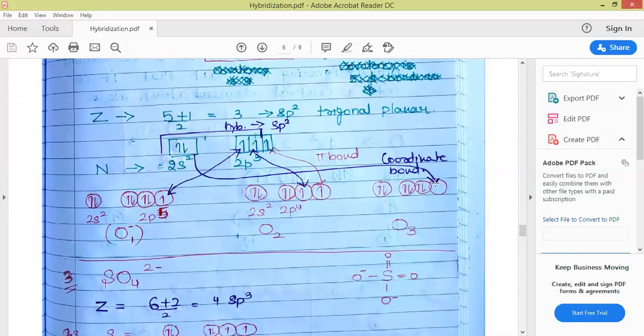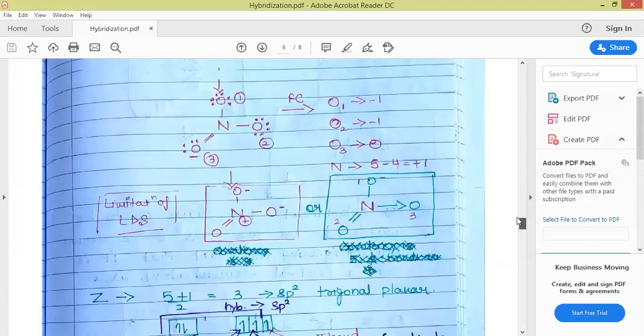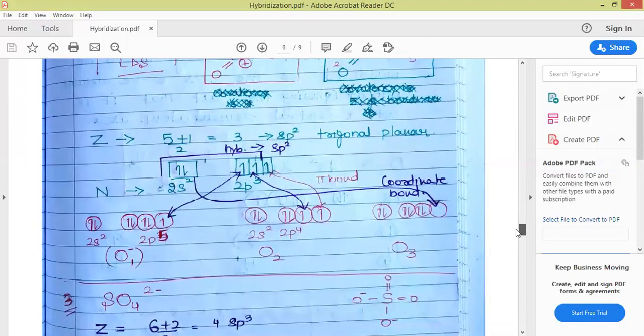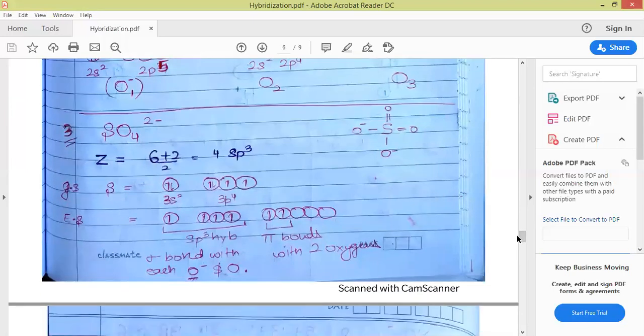So this is how a coordinate bond is represented, and here a rearrangement takes place before that, in which these 2 electrons present with the oxygen get paired up and will empty the last orbital for the completion of its octet for the formation of the coordinate bond. So this is how nitrate ion is formed. Next is the case of SO4 2 negative.